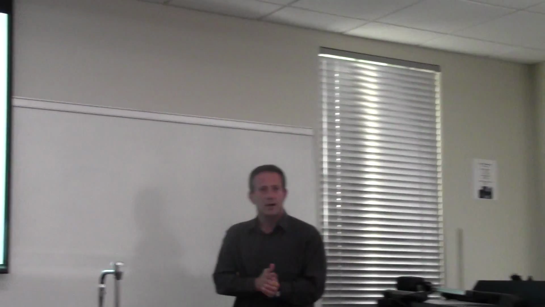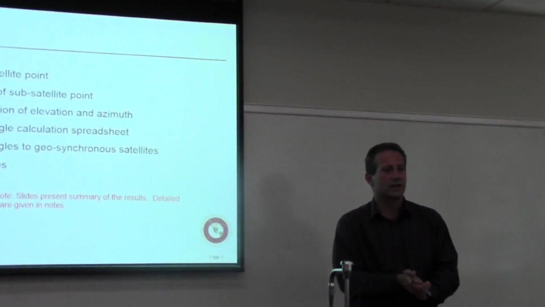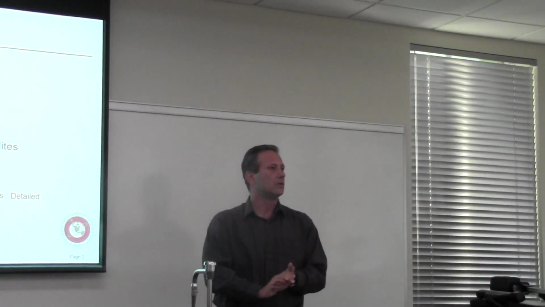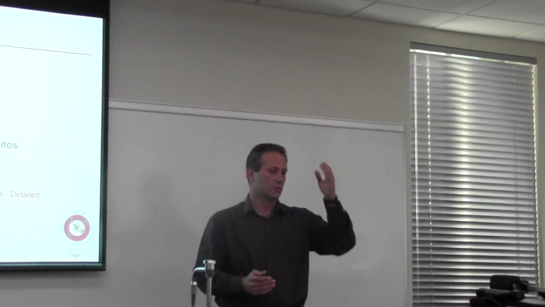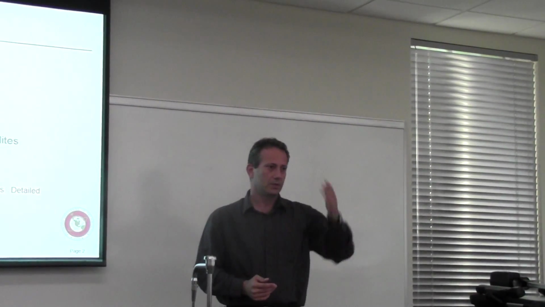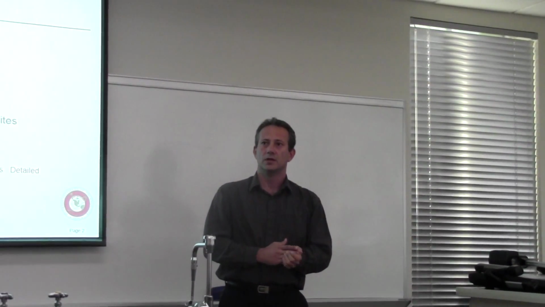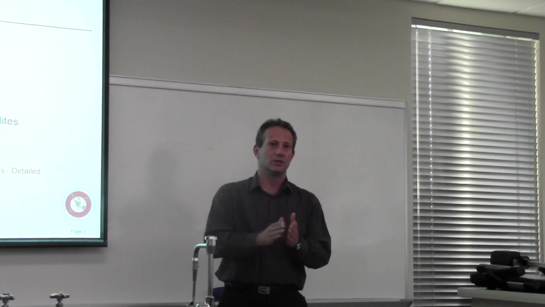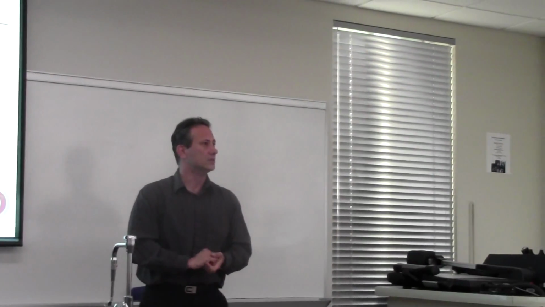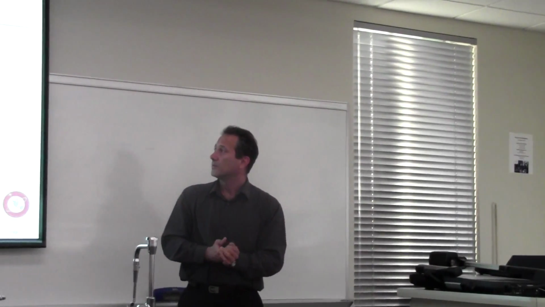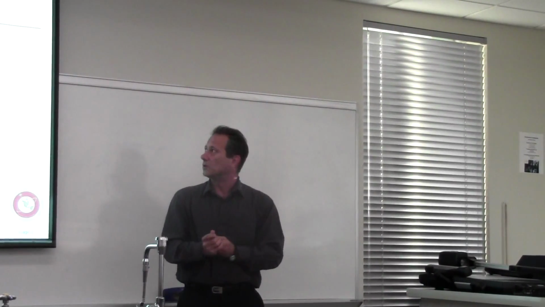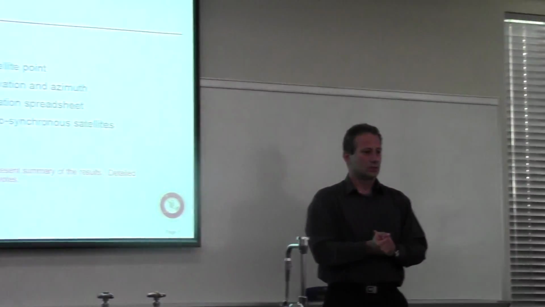What we did last time, we learned how to locate the satellite in a rotating coordinate system, the one that is fixed to the Earth, with z-axis going through the North Pole, x-axis going through the 0 latitude, 0 longitude, and y-axis pointing to east, right? So that was the system that rotated around the Earth. And what we need to cover today is